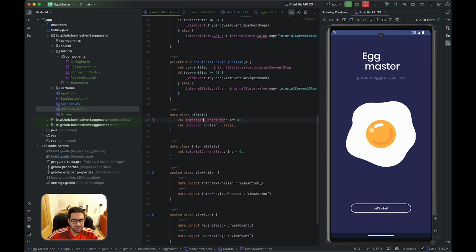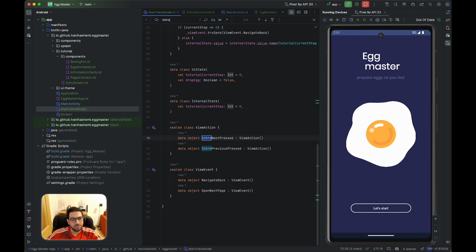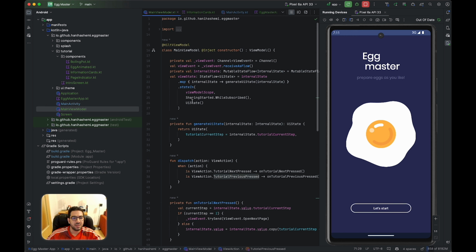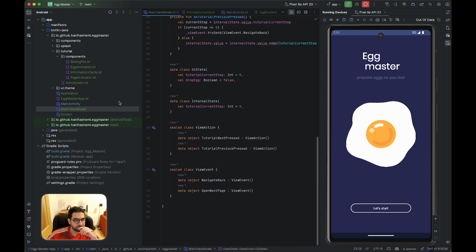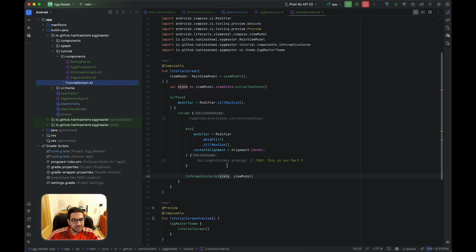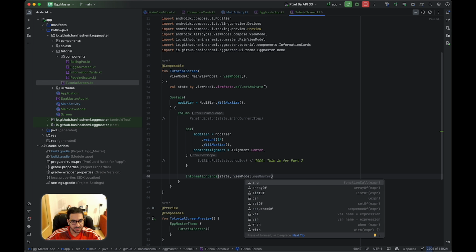The whole screen name was intro, and I've renamed it, oopsie, yes, also here tutorial, and also here tutorial, right? This is done, everything works fine so far. One thing that I wanted to do a lot is this dot